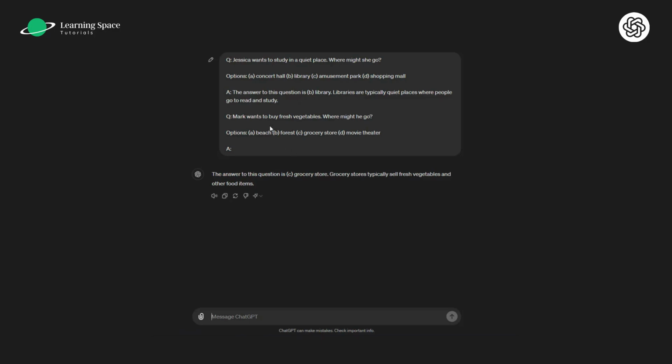Next, I'm following the CoT approach and I've asked the AI model another question. Mark wants to buy fresh vegetables. Where might he go? Options: A. Beach, B. Forest, C. Grocery store, D. Movie theater. And I leave it to the AI model to give me the correct answer. The answer to this question is C. Grocery store. Grocery stores typically sell fresh vegetables and other food items. So by guiding the model to consider the options and think logically, we can get accurate answers for common sense